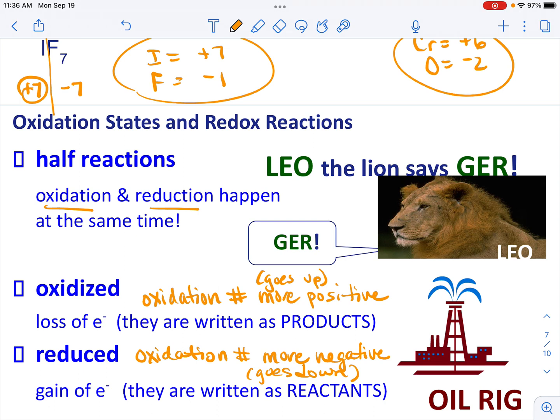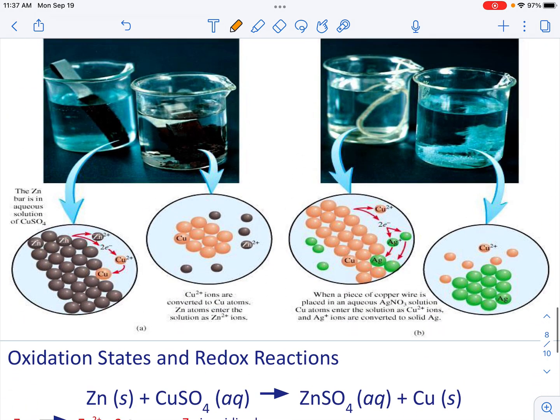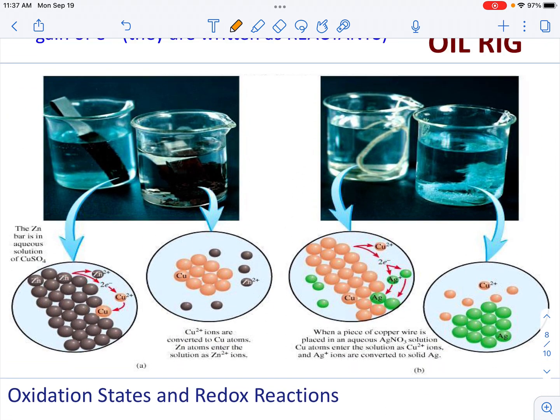Or you can say Leo the Lion says GER, where you're saying gain electrons is reduction, and LEO, lose electrons is oxidation. So I don't care how you remember it, but you need to remember it so that you can work with it quickly. Finally, I'm just going to show you a couple of examples so that you can see how this